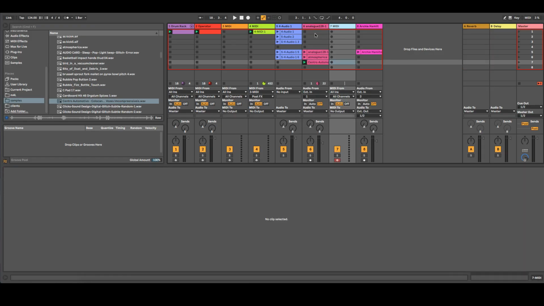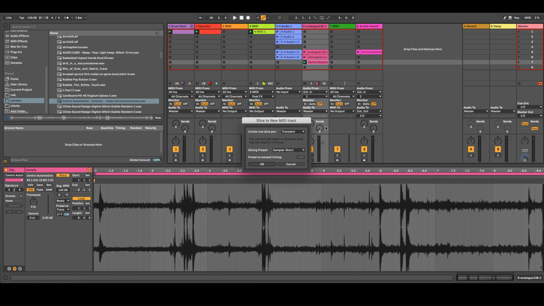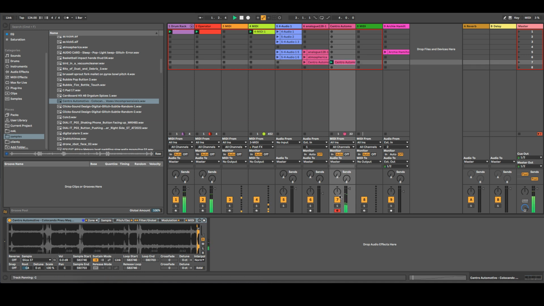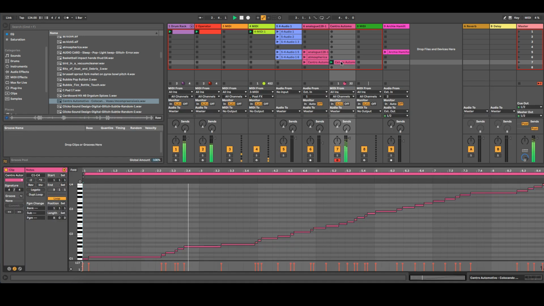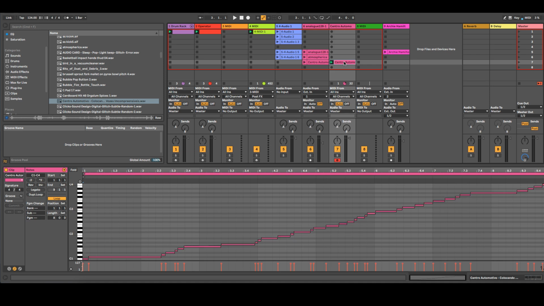I'm going to add a MIDI channel. And in here, I'm going to be slicing to MIDI. I'm going to say that I want the transients to be delimiting this. And now I'm going to stop. What it did is it went in here, found the transients, and then sliced. So it's basically isolating these bigger sounds here, and that's going to be working an idea, and I'm going to be shaping and playing with this to see what comes out of it.